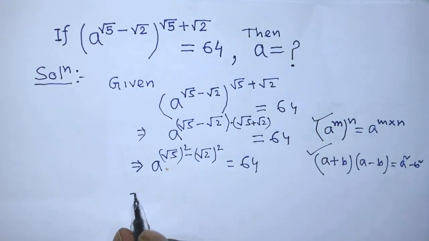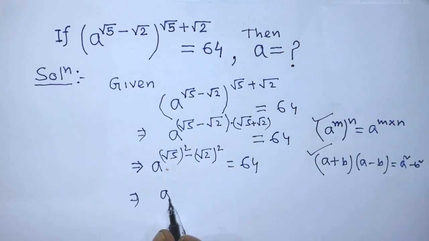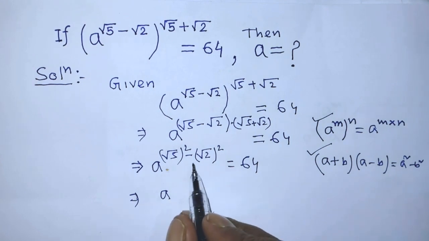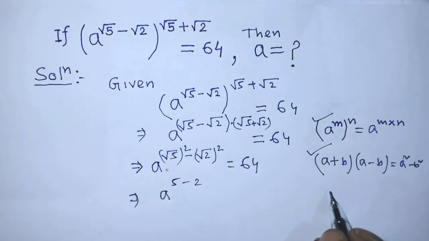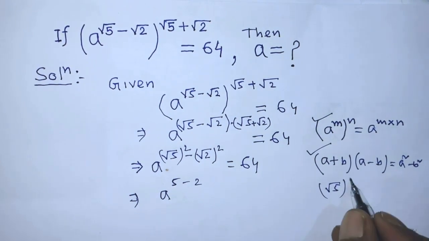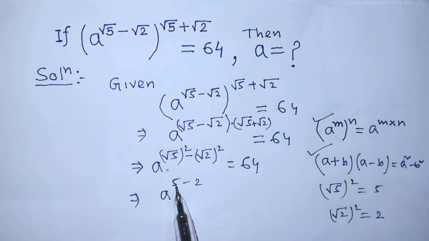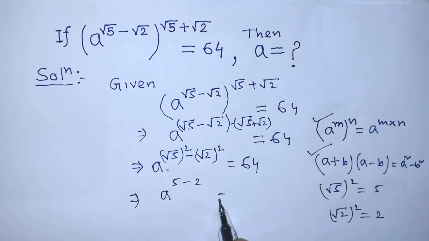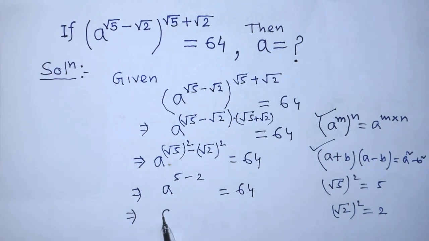So student, after that we can write from the left hand side of this equation a to the power, in the place of power we have to write 5 − 2. So student, we know that (√5)² is 5, and (√2)² is 2. So in the place of power we can write 5 − 2 is equal to, on the right hand side again we have to write 64. So after that student, we can write from the left hand side a³ is equal to,